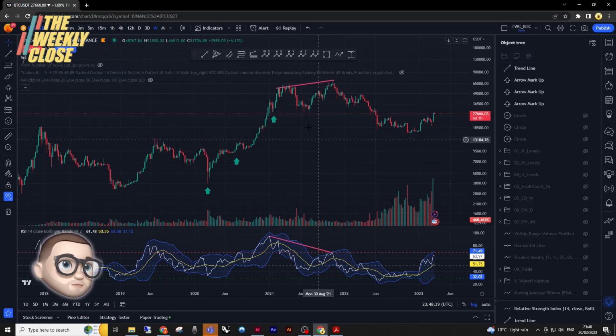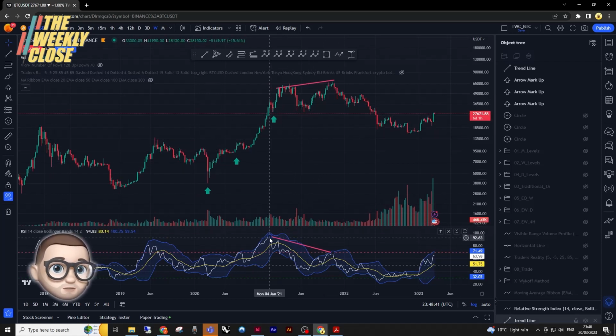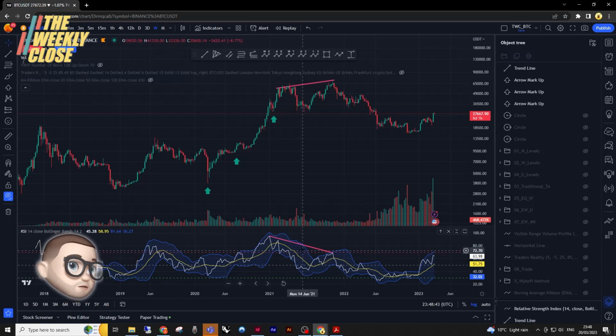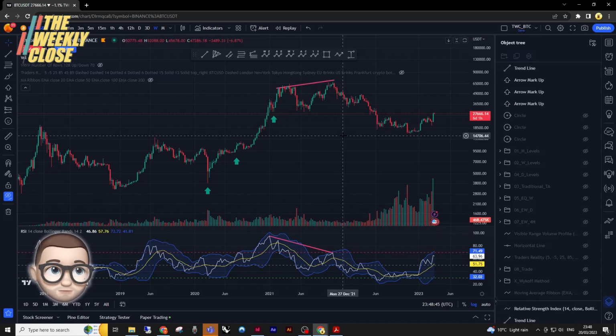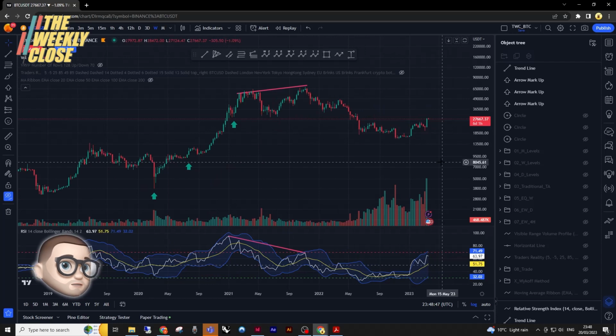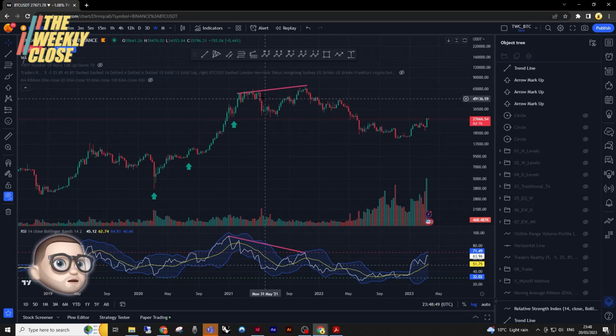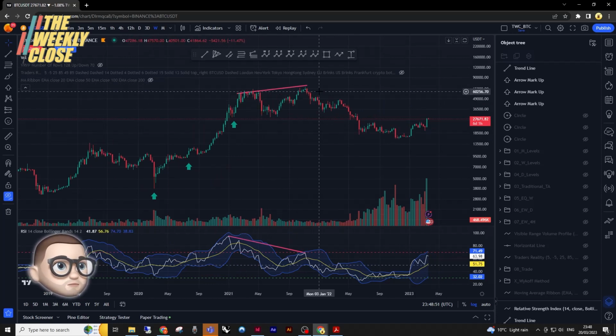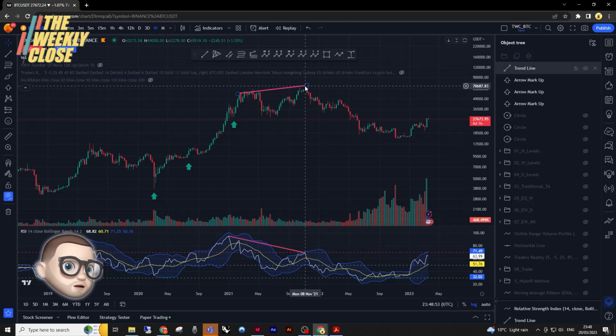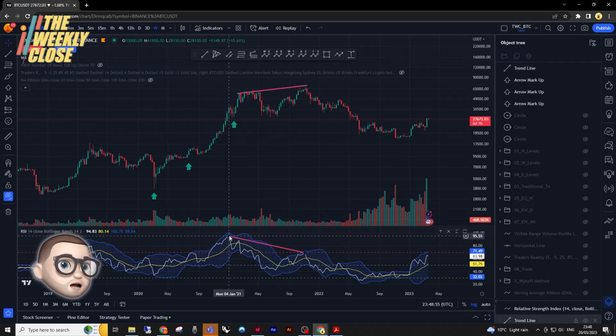And the reason why it's such a good example is what the RSI below us shows versus the price action above. And in terms of the price action, this is what we knew. This is the double top, the formation of the new all-time high, but it was actually the RSI at this peak here,